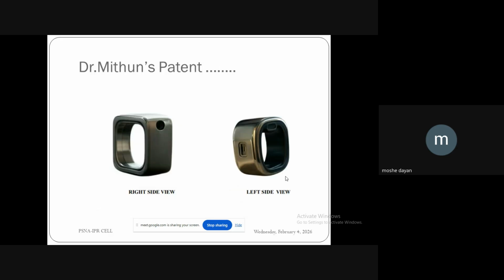Okay. And see, this is one very interesting patent. This is a ring, but interestingly, this ring has a pinhole camera, and it is not a ring to wear on our fingers. This is a ring for the rubber plant. When you put this ring on the rubber plant, it will detect if there is any bug invasion on the plant, and it will indicate the user. Okay, there is a bug invasion, so pesticides can be given automatically. Rubber plants are prime cash crops in Kerala, and this particular professor had a problem, for which he wanted to give a solution like this.